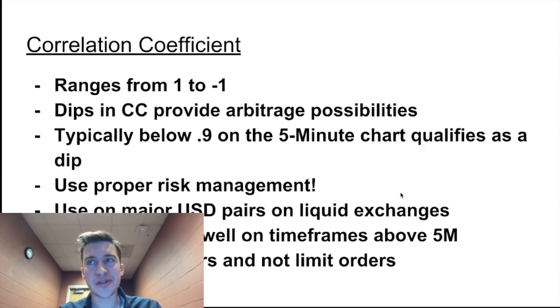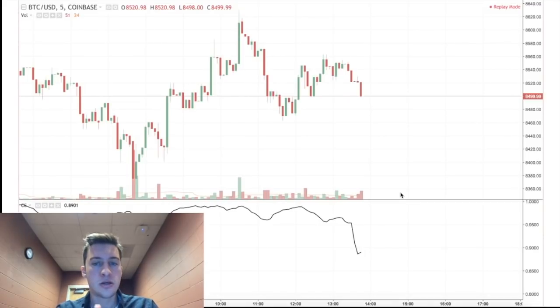All right, so let's look into different ways that we can trade using this correlation. All right, so to start, we have one here where the correlation coefficient to Bitfinex, this guy here, does go below 0.9, so we are looking to enter a trade. With this correlation, the Bitfinex rate had actually gone up, but the Coinbase GDAX rate had not moved at all. It was actually moving slightly lower. So this is a really good opportunity to buy into the market with a market order.